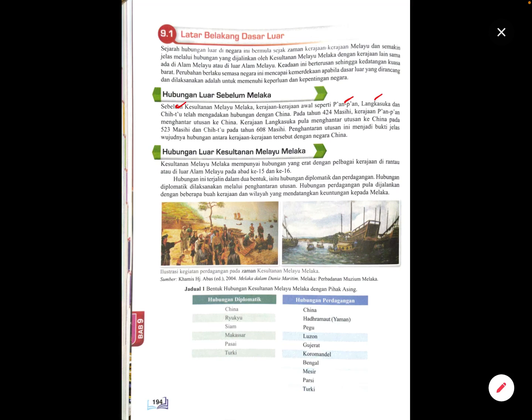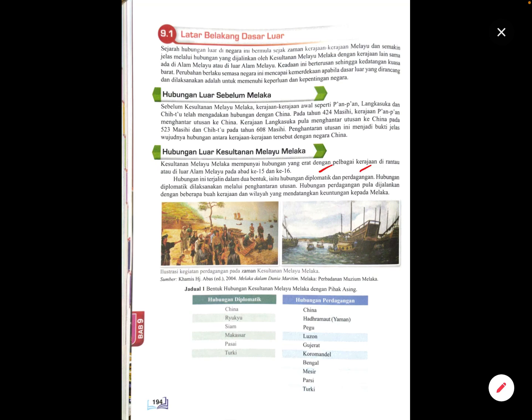So it all starts with before Malacca. Before Malacca, we have Pan Pan, Langkasuka, and Chitu, which are all old kesultanan before Malacca existed. So they became friends with China, and in 424 Masihi, Pan Pan sent their people to China, and then Langkasuka did the same thing, and then Chitu did the same thing. This shows that even before Kesultanan Melayu Melaka, the old tribes, the old kingdoms, as we call it,